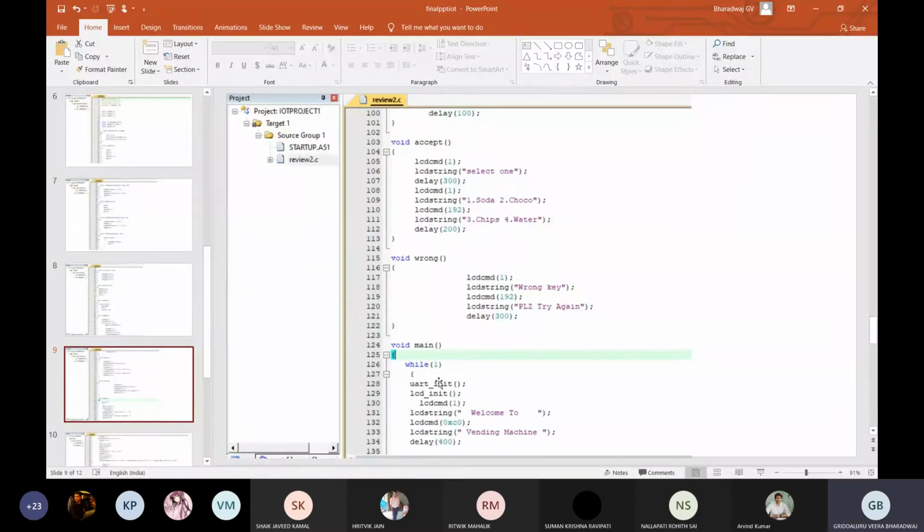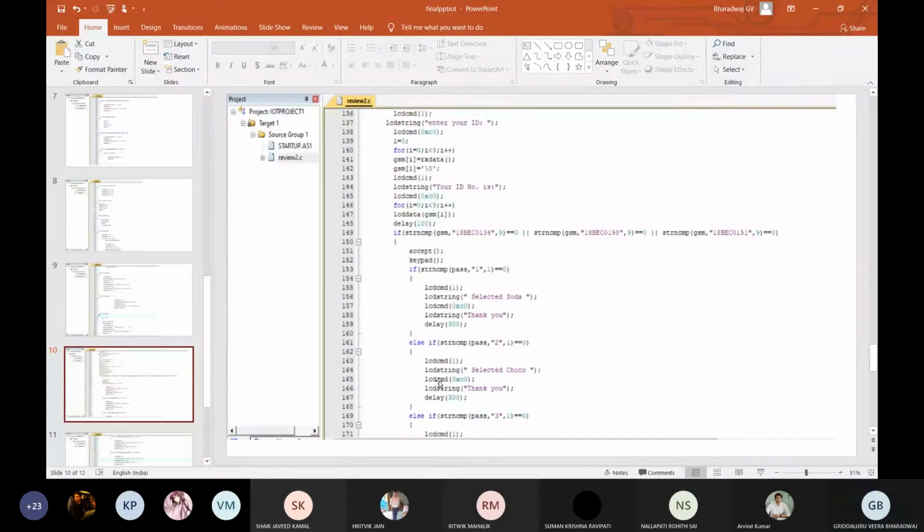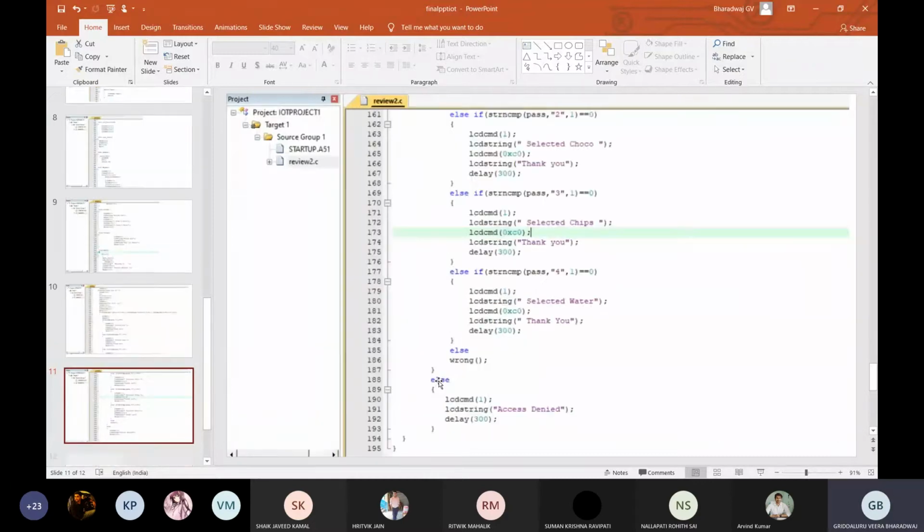Here, the first message displayed will be welcome to the smart vending machine. Then it will ask the user to enter their ID. After entering the ID, they will get a message on the phone for confirmation. After confirmation, there will be a number of options for different items displayed on the screen. When the user wants soda, he will select display number 1. If he selects display number 1, he needs to enter the money. After scanning the money, the machine will dispense the soda, sir.